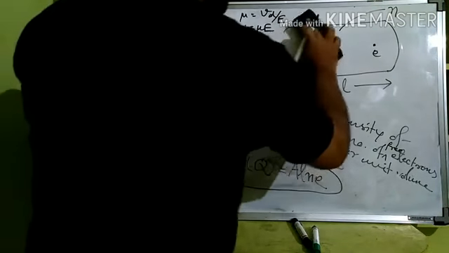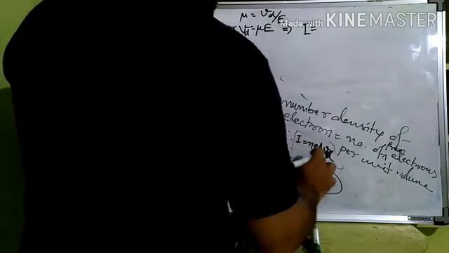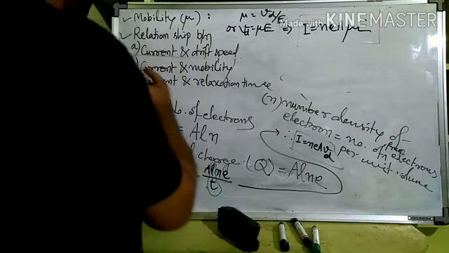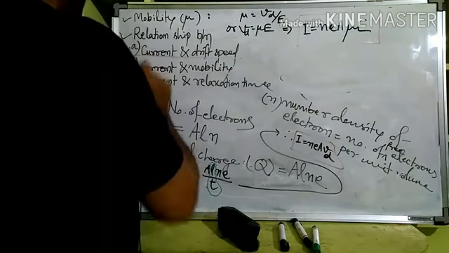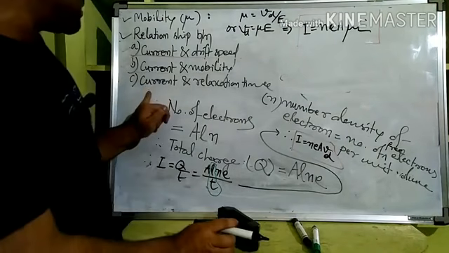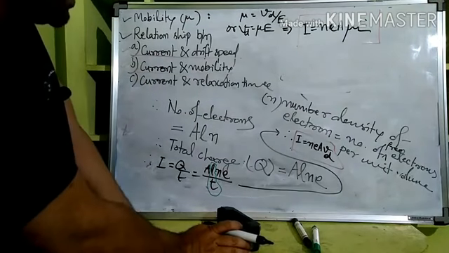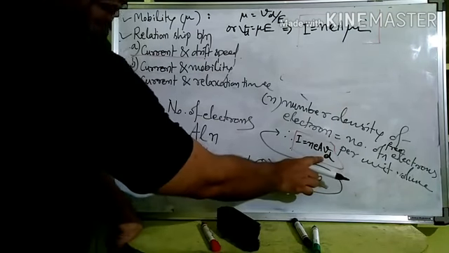Just now we brought. So what we can conclude from here? Implies that I is equal to NEA VD. Drift speed is equal to mu into E. For VD I am writing mu E. And this is the relationship between current and mobility. So this also is done, current and mobility. Now the third part is, what is the relationship between current and relaxation time? What is relaxation time? Vd is equal to E tau by m, you know.